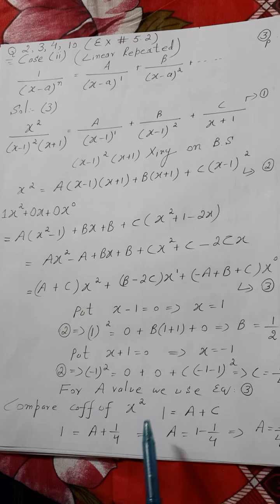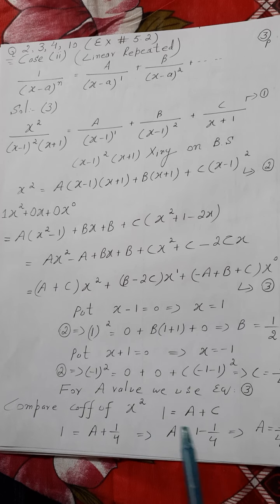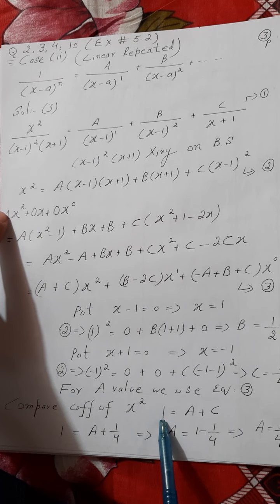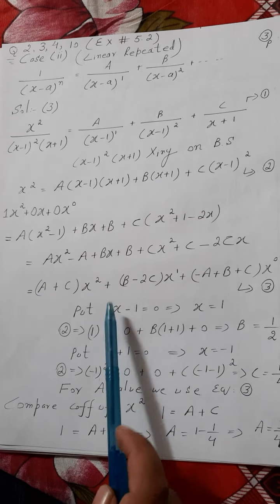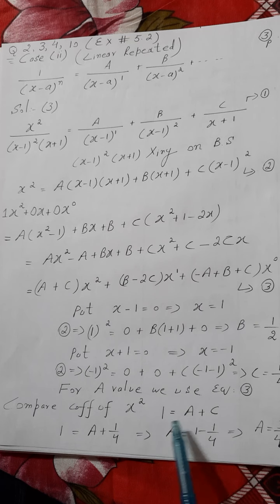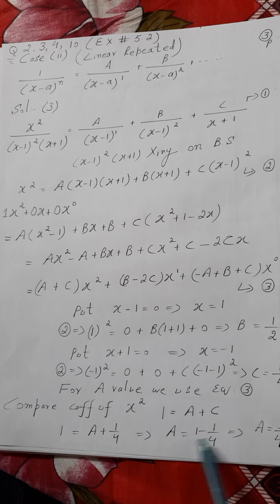Now there is another value which we have to find, which is a. So by using the idea of comparing coefficients we find the value of a. So comparing coefficients, the x square coefficient in this case is 1, and the x square coefficient is a plus c. Putting the value of c in this case as 1 by 4, a plus 1 by 4 is 1, so to the left this is minus 1 by 4, after simplification a is 3 by 4, so this is the value of a, b, c.